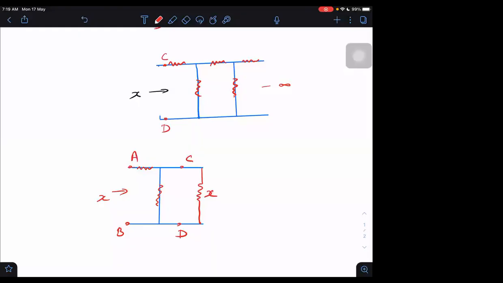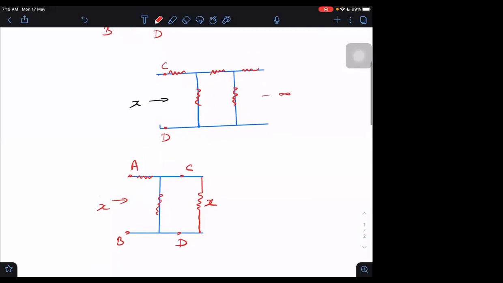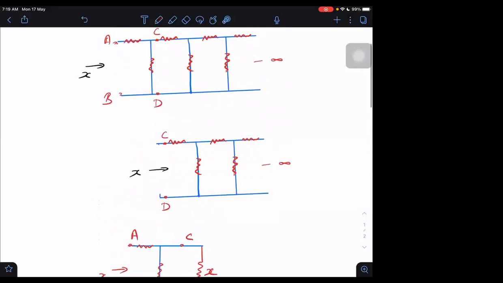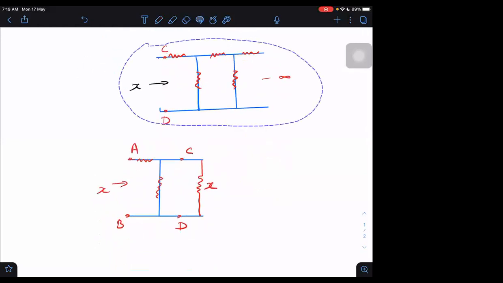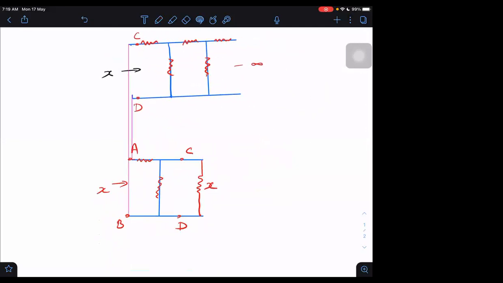By adding or removing resistances from infinity doesn't make any difference. That is true. But here my approach is that whatever resistance between AB, the same resistance will be between CD. Because if we add a few resistances or subtract a few, there will not be any difference. It will still be the same network only.